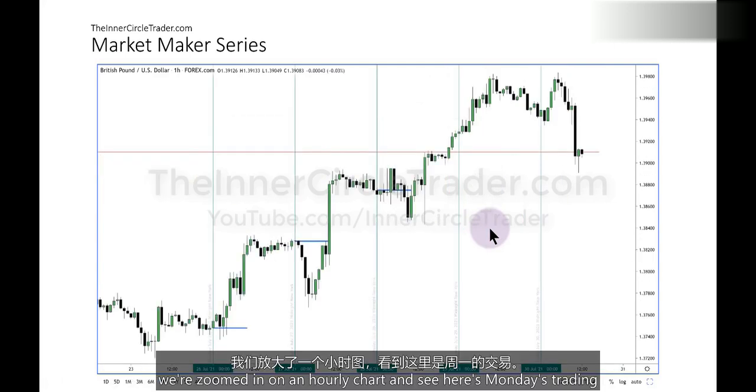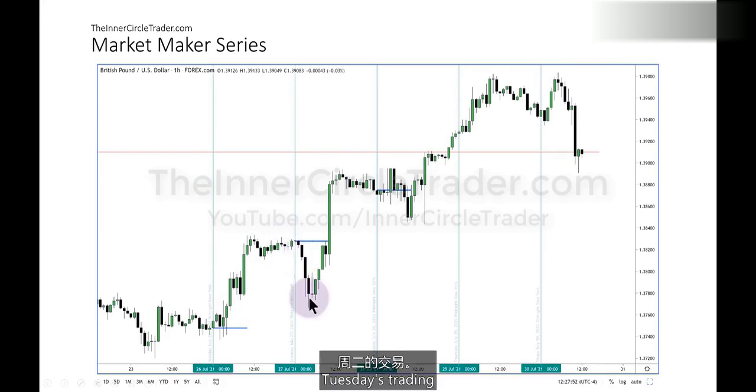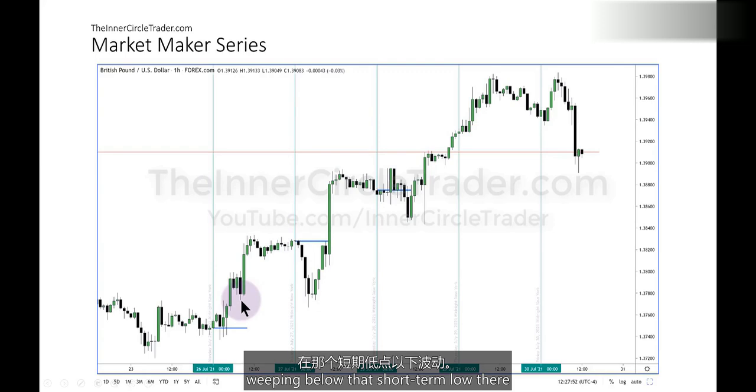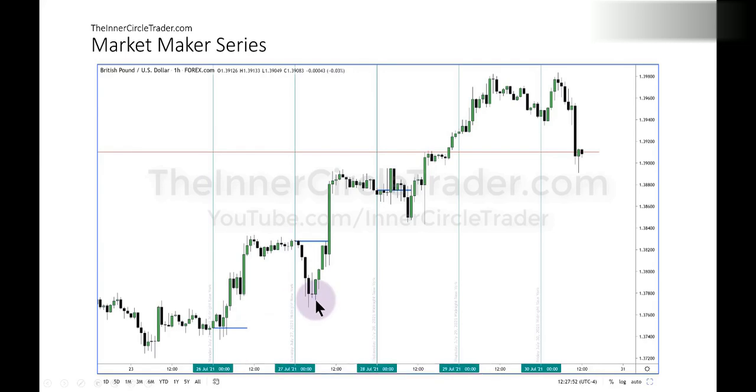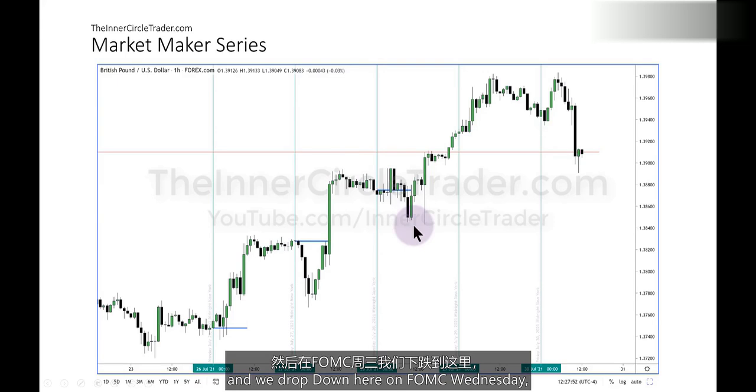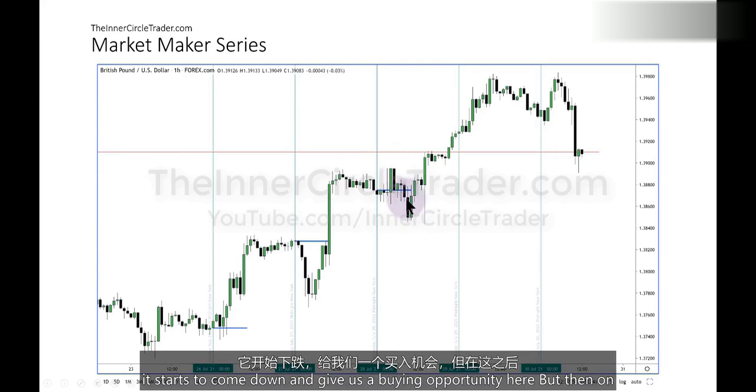So we're zoomed in on an hourly chart. You can see here's Monday's trading, Tuesday's trading, sweeping below that short-term low there, and rallying. And we drop down here on FOMC Wednesday. It starts to come down and give us a buying opportunity here, but then on